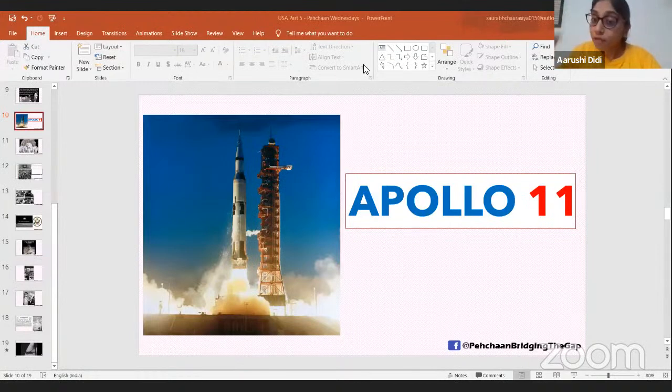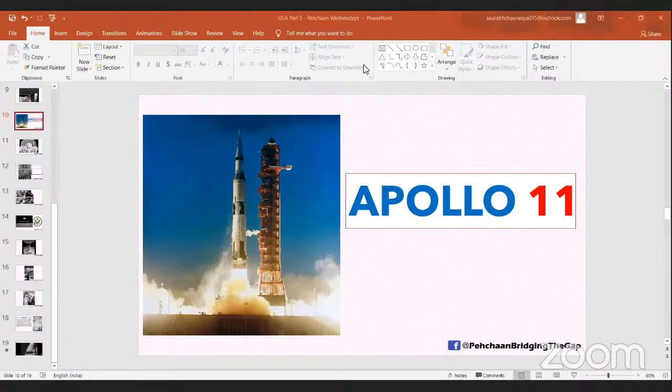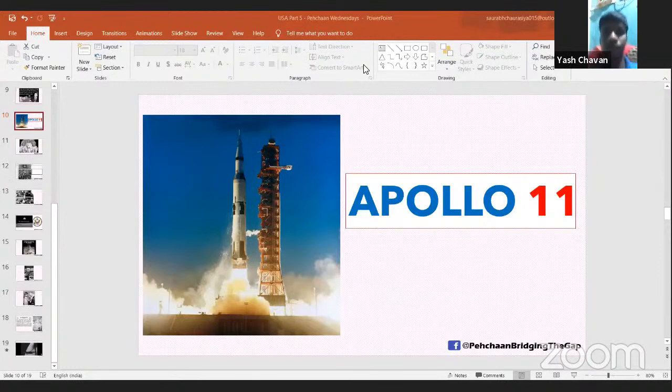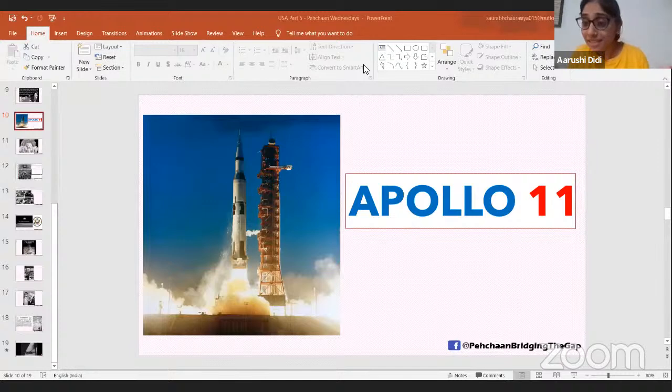So every year there was Apollo 1, Apollo 2, 3, 4, 5, 6, 7, 8, 9, 10. There were 10 Apollos. It was trial and error. It took them 10 Apollos to make Apollo 11. Nothing comes easy, and something as big as sending a spaceship with men to the moon, of course, did not come easy. It took a lot of hard work and perseverance, and that is why it's Apollo 11. It took them 10 spaceships to go to the moon, and the 11th spaceship, as we know today, was a success, and that is Apollo 11.